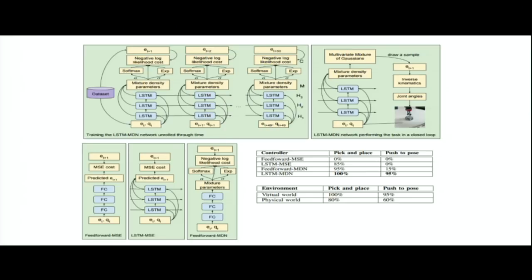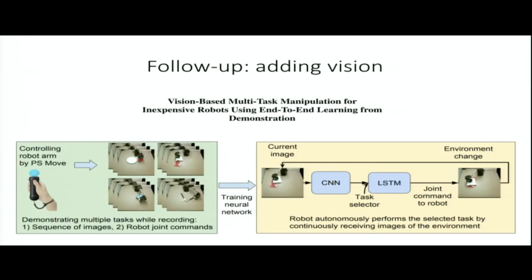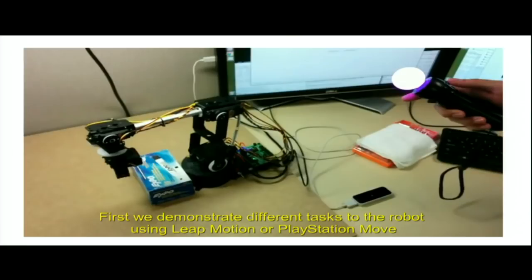Okay, so this one didn't use vision. There's a subsequent paper from the same group that does actually use vision. And the idea is very simple, very similar actually. Here they're actually doing everything in the real world, so they use a little game controller to pilot this robot to do a bunch of tasks. And now they're going to take their image and encode it with a convolutional neural network and then feed that to the LSTM. So this is now the same idea but using images.